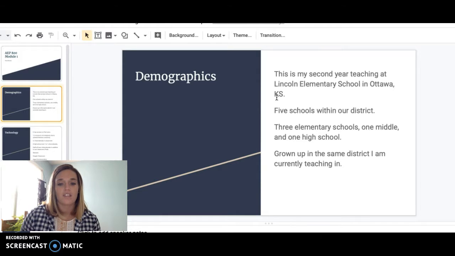There are 5 schools within the district, 3 elementary schools, 1 middle, and 1 high school. The school that I am located at is a Title I school. It is primarily the lowest SES in the town. So fortunately, our district is great, and we do have a lot of funding that comes in that can help aid with that. And then as a technology portion, I'll kind of explain more of that as we get along